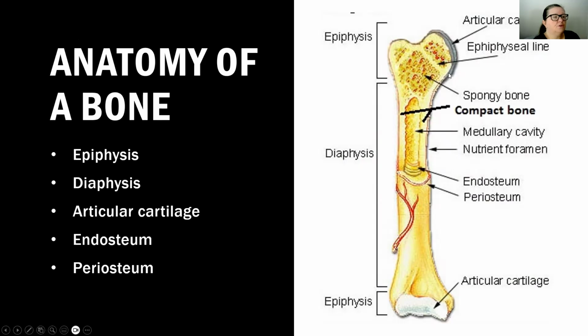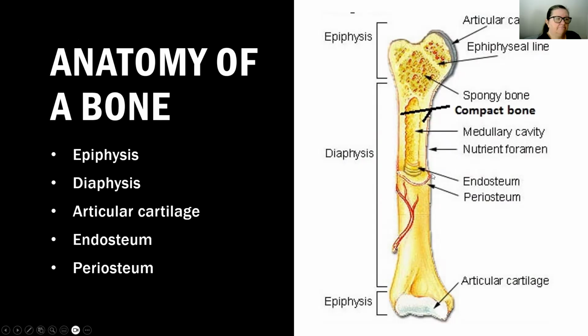On the ends of this particular bone, and most long bones, because they articulate with another bone to form a joint, is what we term articular cartilage. It's just cartilage covering the ends of the bone to allow it to articulate with another bone and slide, so there isn't that bone on bone scraping, which would wear the bone down a lot quicker. The outer layer of the bone is called the periosteum, while the inner layer of the bone is